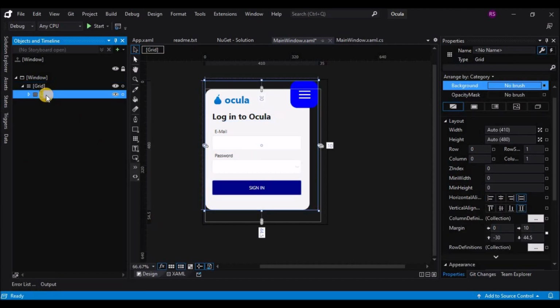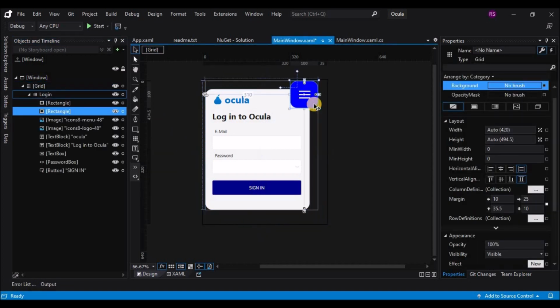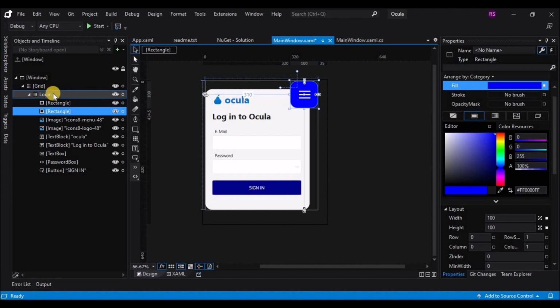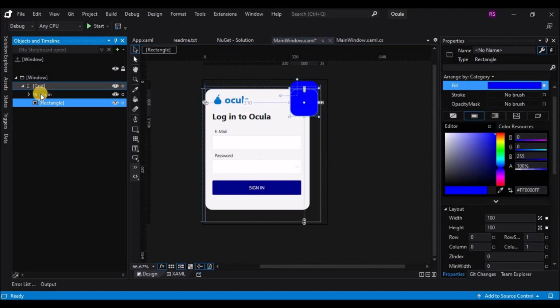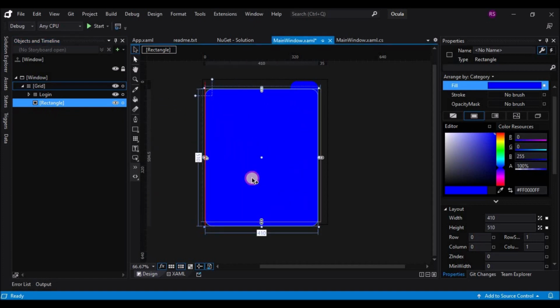Now next, let's add a rectangle. Let's copy the badge rectangle that we have and paste it on the grid. Increase the size to match the window, and also let's reduce the radius a bit.